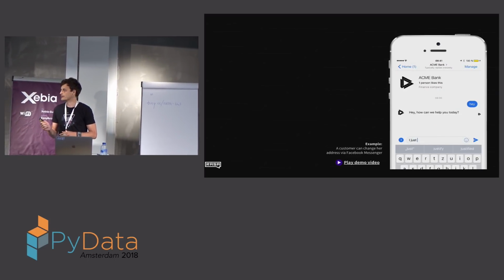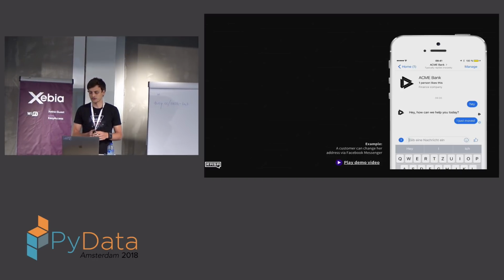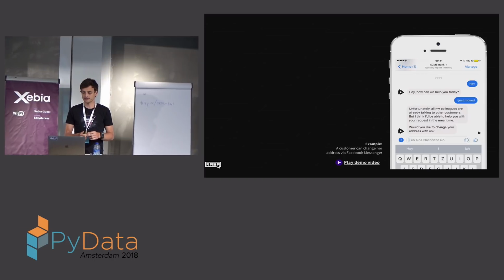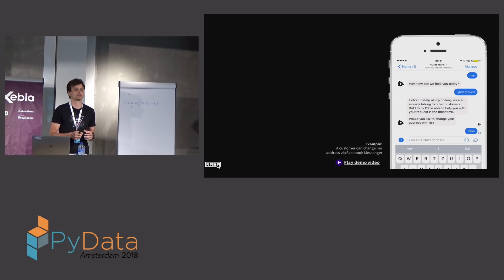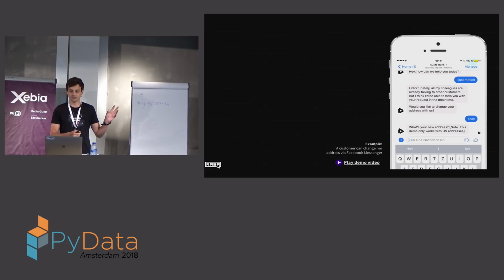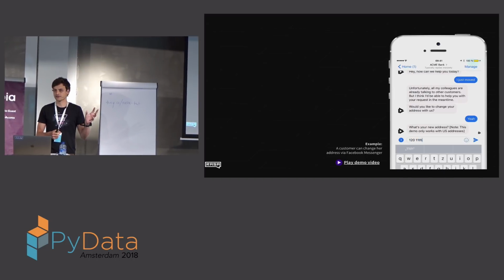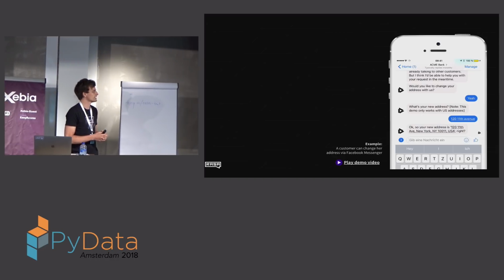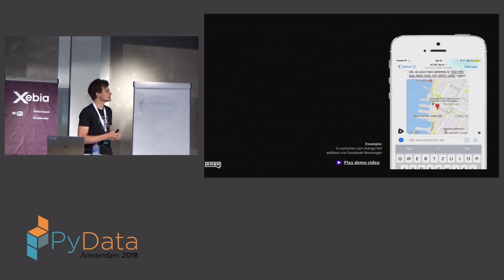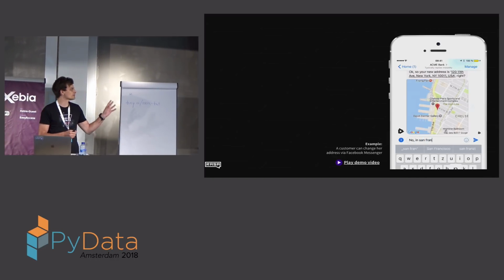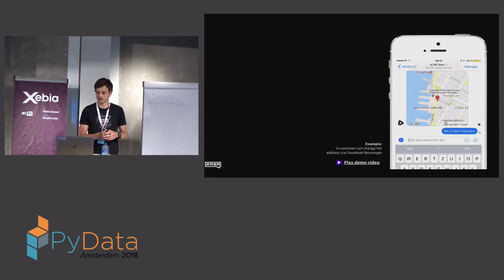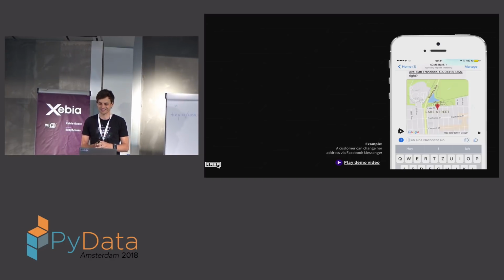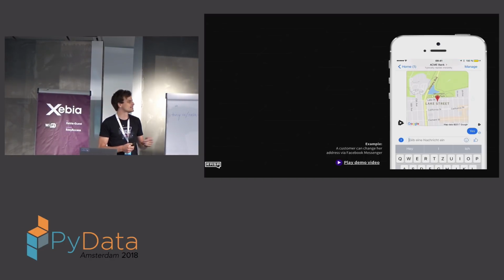So here's an example conversation. The user is talking to a bank chatbot, and he tells the chatbot that he just moved, right? So the bank has the address stored, and they want to update the address to keep it on file. The user just provides a partial address, and the bot suggests it's in New York, right? Which is not correct. The user lives in San Francisco, and he corrects that answer